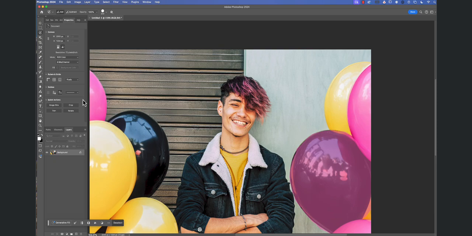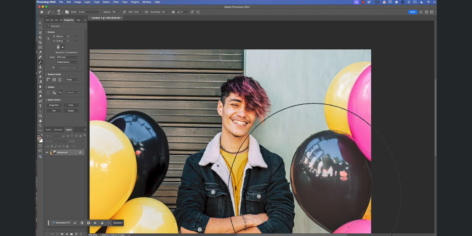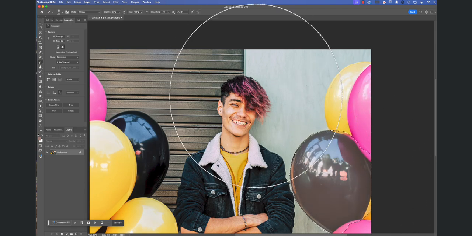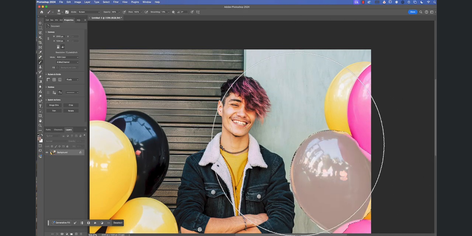Then to get the marching ants, all I have to do is go to a different tool, and then I can select that, turn it into marching ants. So I'm going to use the screen tool here, which should lighten everything. I'm going to make it bigger just so it goes faster. And you can see gradually the black balloon is becoming grayer and grayer and getting lighter. I'm only at 10% opacity. Up here, I just changed it to 90. That's going to make it happen a lot faster. So that is how the new